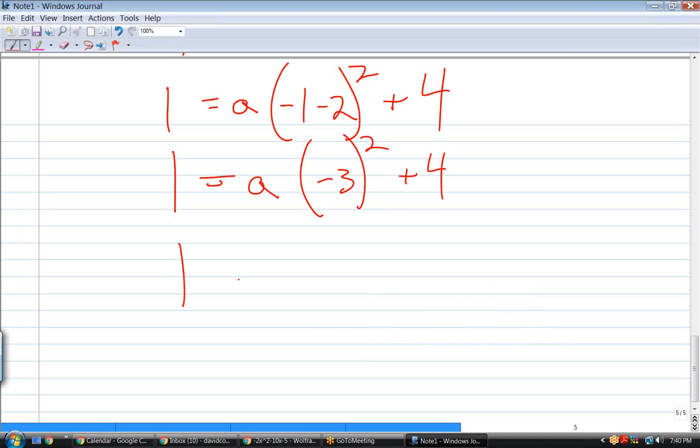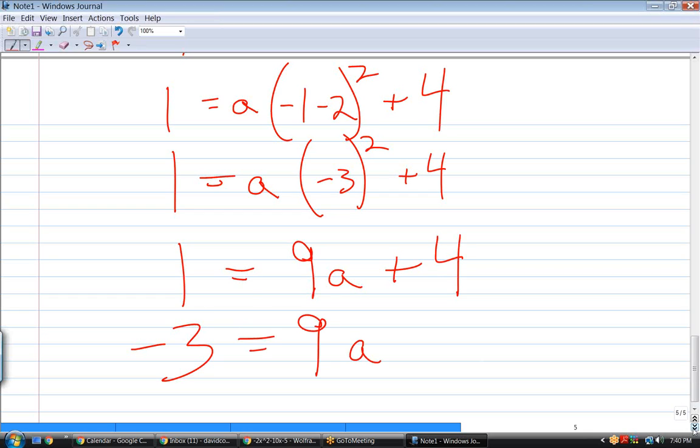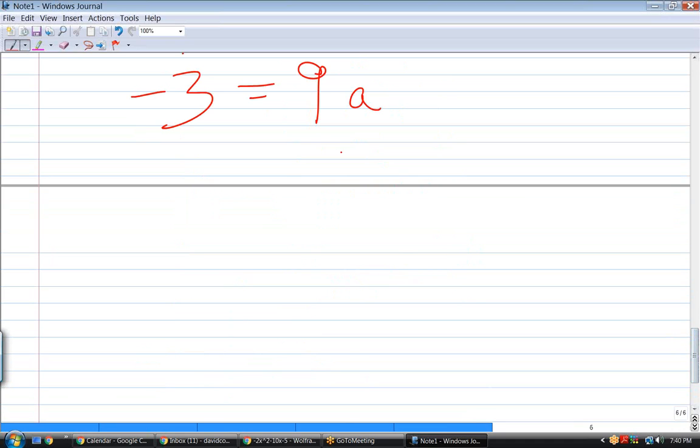Now I have 1 equals 9A plus 4. I'm going to subtract 4 from both sides. 1 minus 4 is minus 3 equals 9A. A equals minus 3/9, which is the same as minus 1/3. Oh, okay. I just didn't know where you got the 3 because I didn't realize that you subtracted the 4